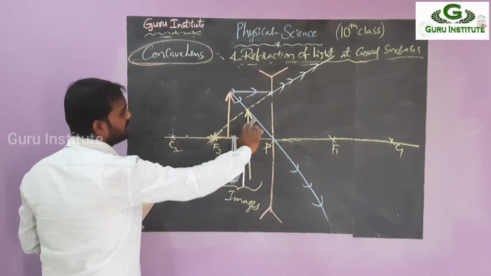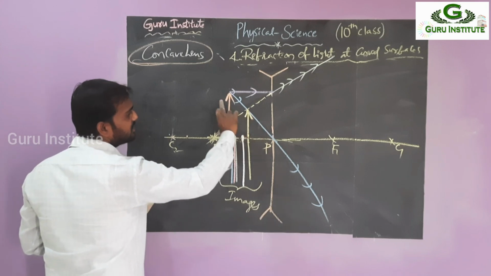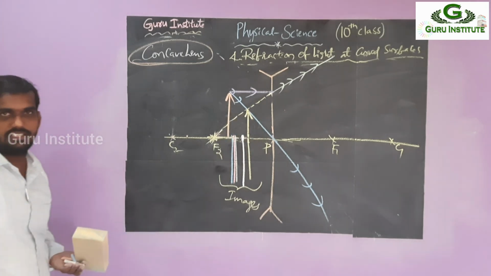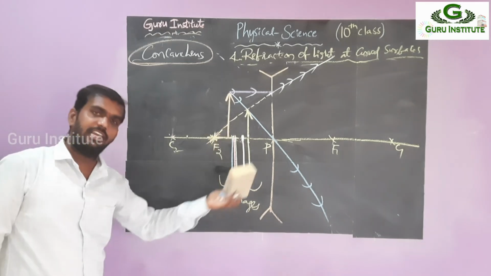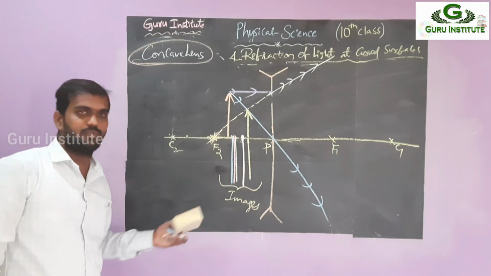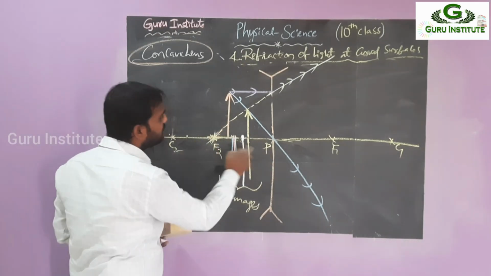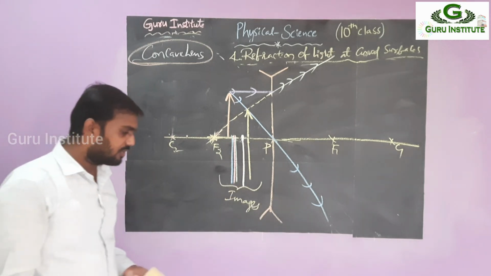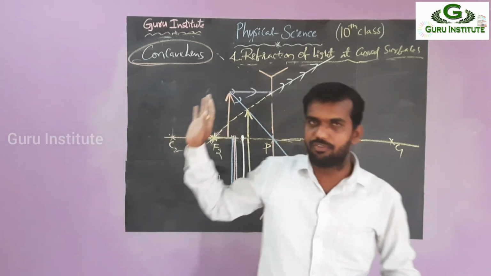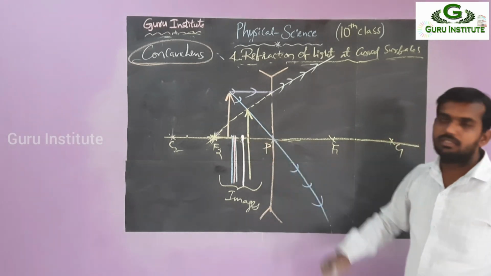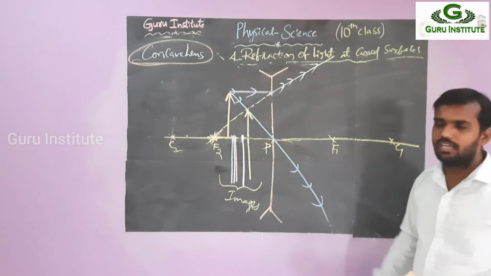Again, see this one. The image is calculated from here only, the principal axis. What is that? The size is decreased, right? So again, it is erect. Erect means virtual, and diminished. Again, it is found between P and F only. So for this one, we are seeing all the cases, right? The general picture we have already seen. That is a point image. That is a divergent one, indirect.